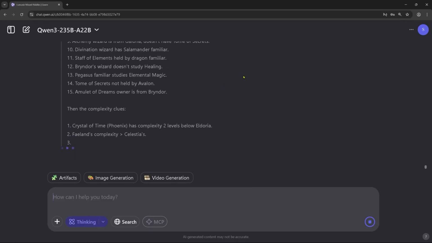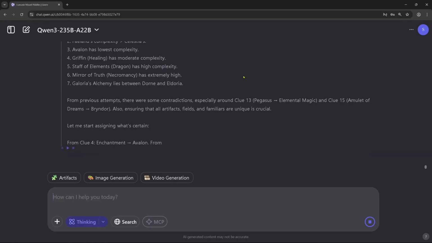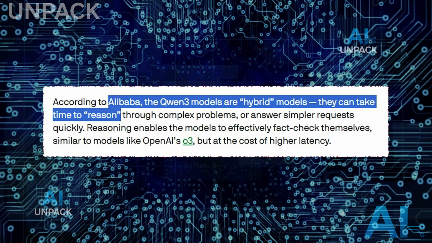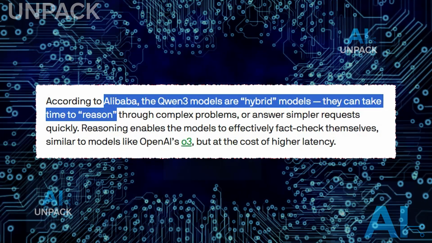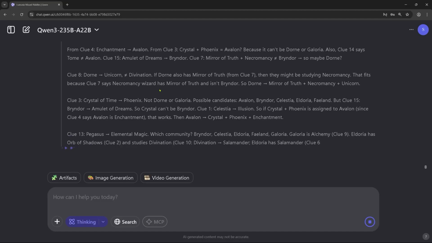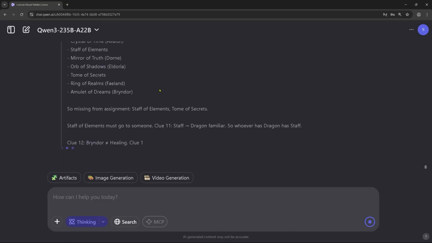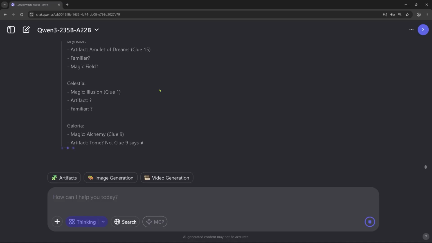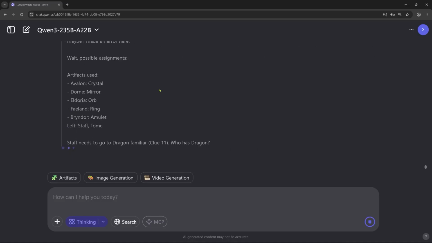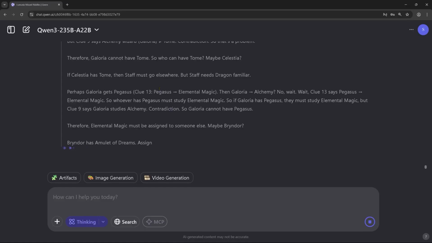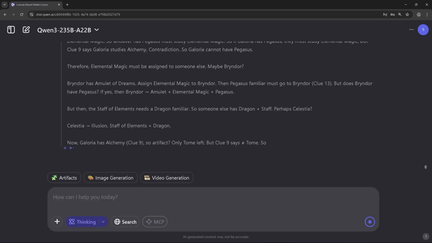What really sets Qwen 3 apart isn't just its size, it's how intelligently it thinks. Alibaba introduced a powerful concept called hybrid reasoning. By default, Qwen 3 launches into what they call thinking mode, a process where the model walks step by step through a problem, revealing its chain of thought in real time. This is ideal for complex math, code generation, or any task where logic and precision matter.